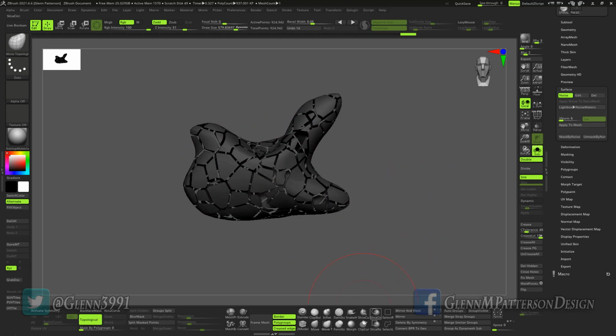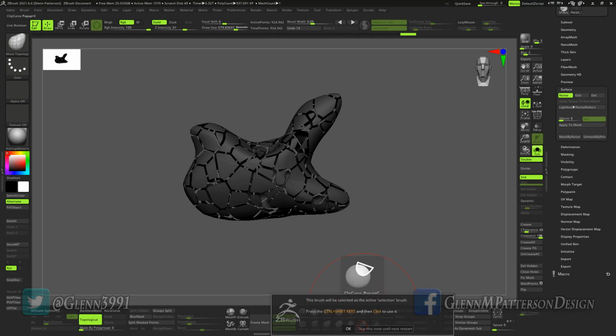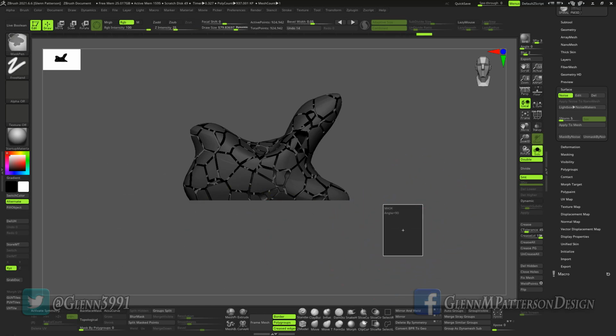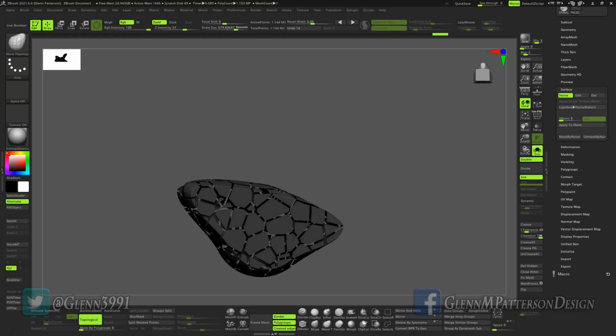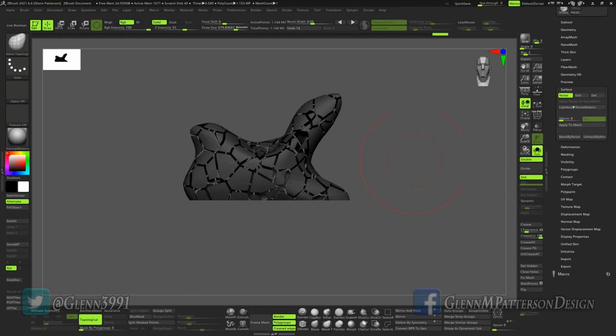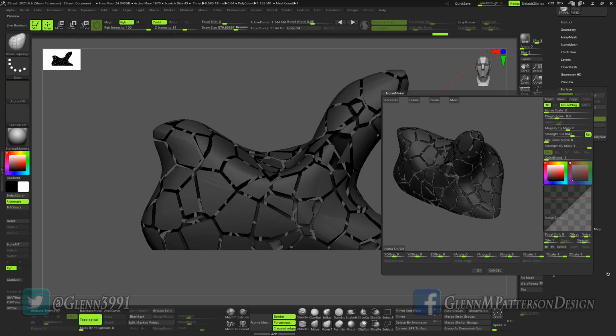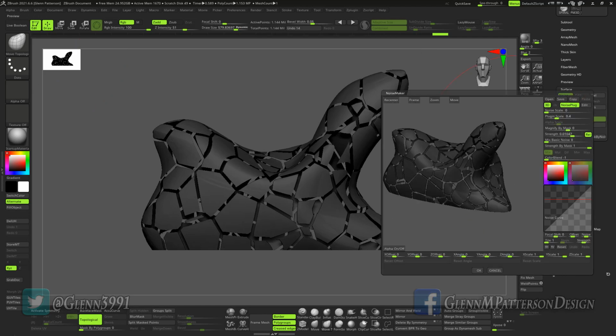So let's go ahead and clip the bottom here, so it looks like a little rock pile on the ground. And I'm just updating the Dynamesh there. We'll zoom in here, and we can go back in. We can edit more things to it here. These come into effect down here. All these little